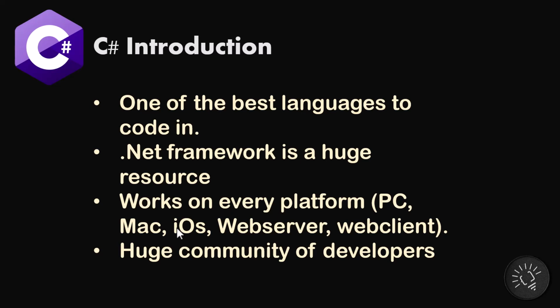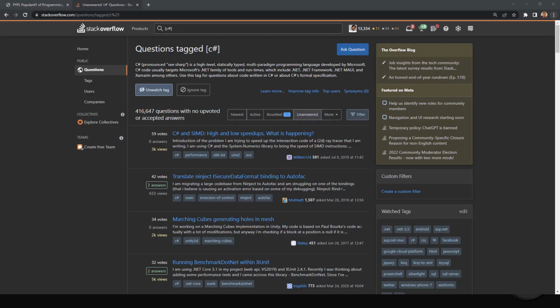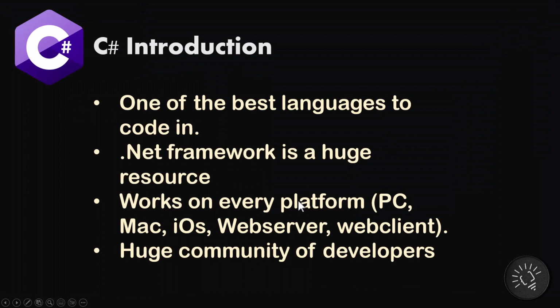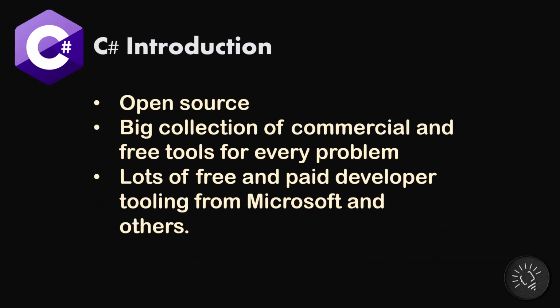So if you go to Stack Overflow, there are over 400,000 questions already answered using the C Sharp hashtag. So if you're going to look for a problem or solution on Stack, it's quite likely that your solution is already there, your question has been answered, and people are on the site right now who are looking for answers and who are looking to provide answers. So if you're going to code in this programming language, you're definitely not going to feel that you're all alone.